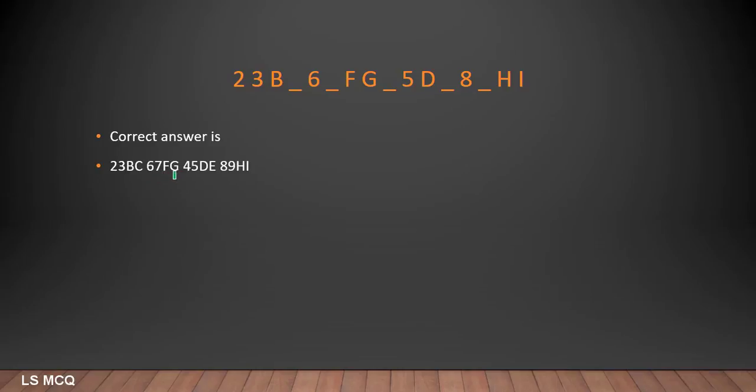That's again, this number is the number in which this character appears. Okay, so FG, 4, 5, DE. Okay, E is in 5th place in the alphabet, D is in 4th place. 8, 9, H is in 8th position and I is in ninth position. So the complete sequence is this one: